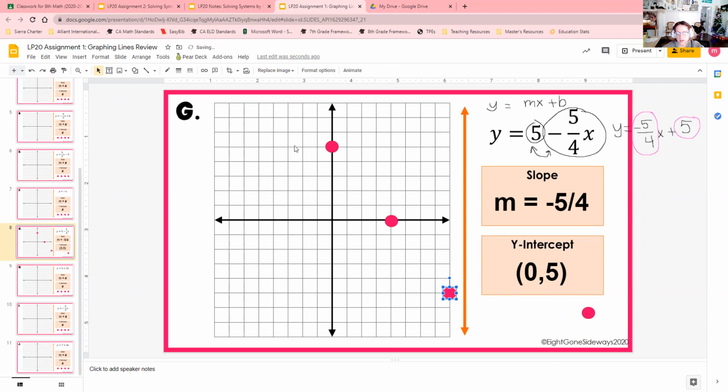Now on this graph, we really can't fit our other points. So this is why the directions say you have to have at least 3 points, because you may not fit the fourth one on there, but that's okay. These 3 points give us enough information to be able to graph our line carefully. So we're going to rotate it